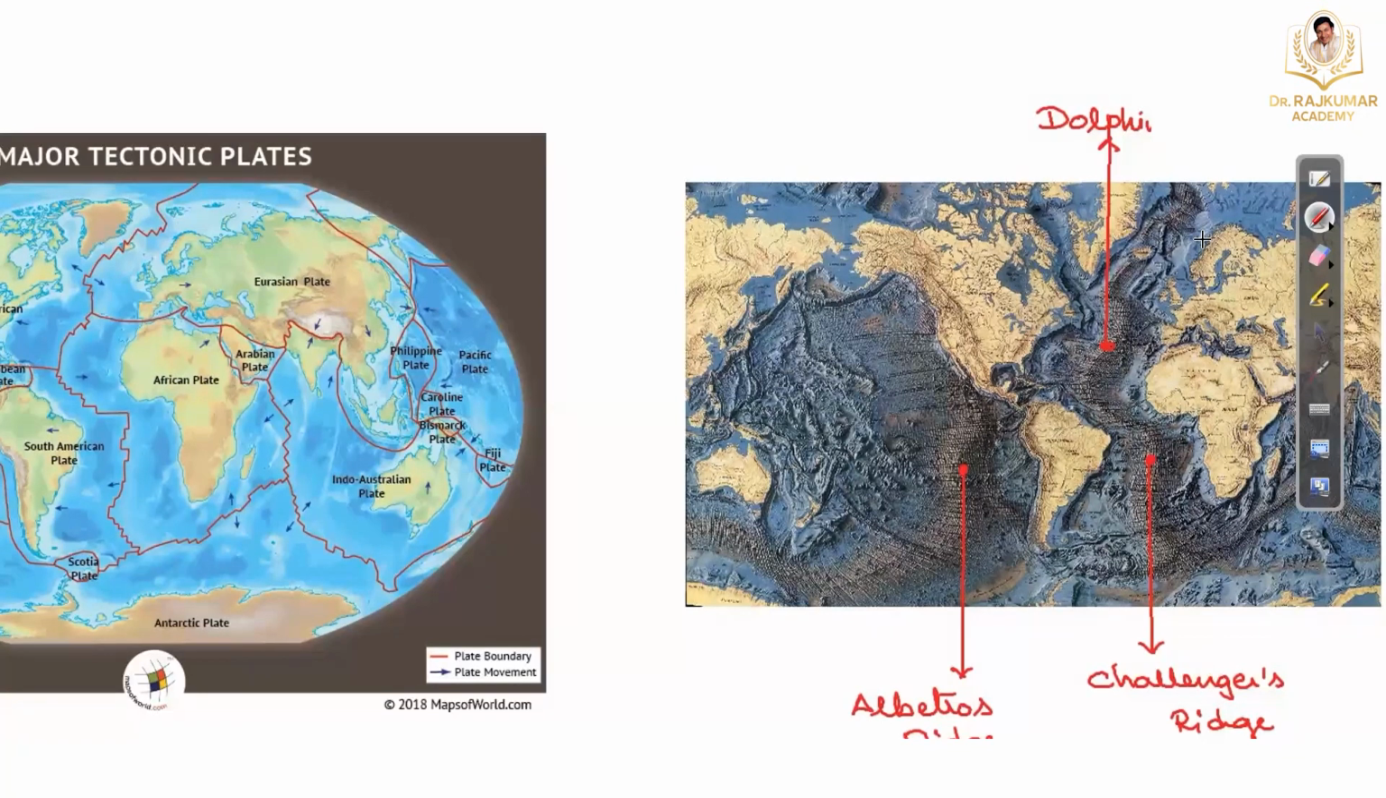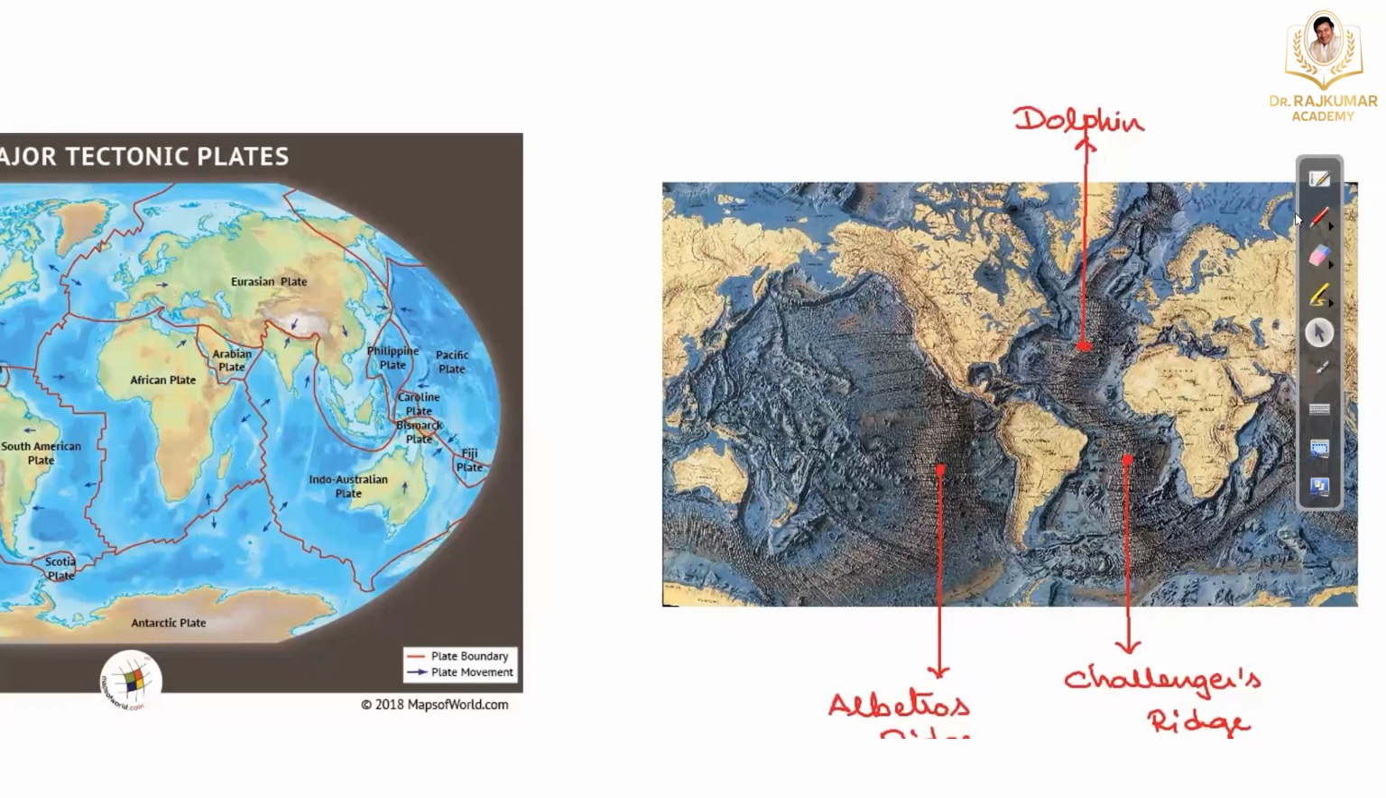But what is very important here is the specific name it takes. It is called the mid-Atlantic ridge, no denial, but it takes a specific name. In the northern basin, this ridge is called what? Dolphin ridge. Within brackets, it is written as Dolphin ridge. And in the southern basin, the same ridge is called what? Challenger's ridge. These names are very important. The names I have just given: the northern basin, you call it Dolphin ridge; the southern basin, you call it